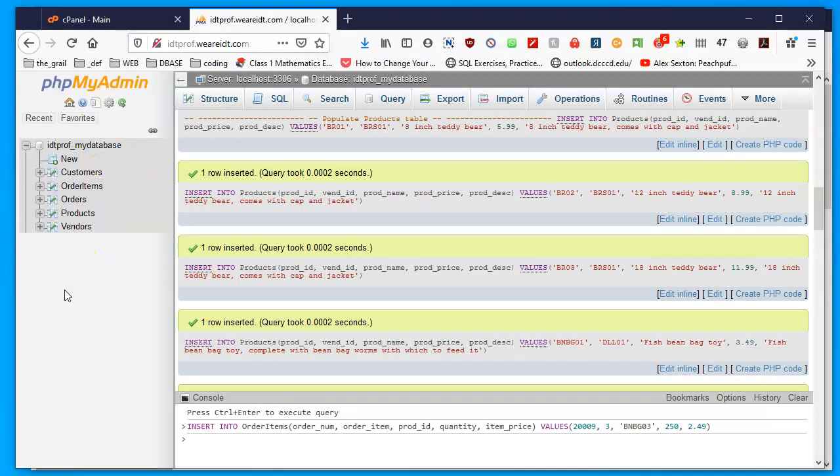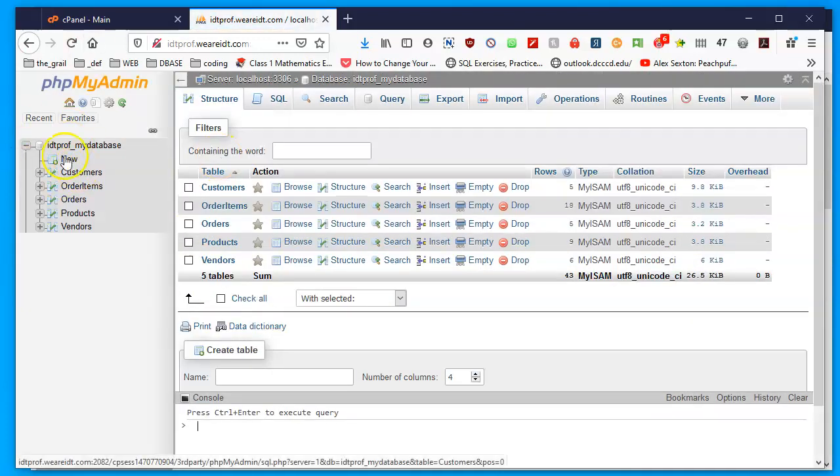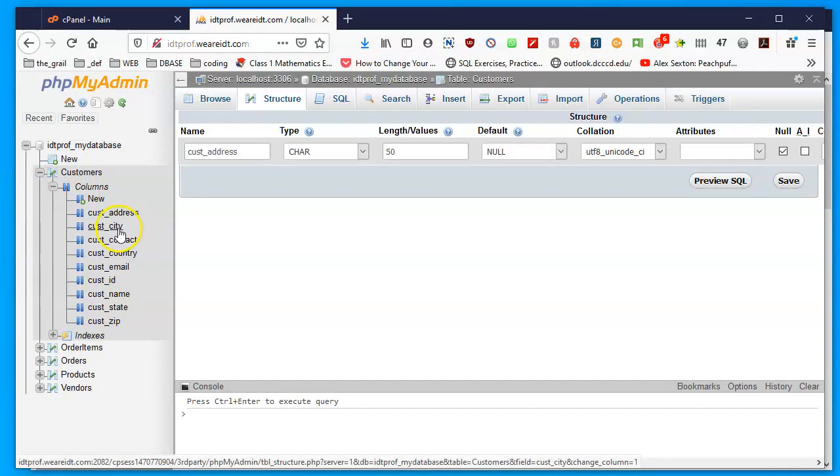If I click somewhere neutral like that blank space, I'm going to press Control R to reload the page. And then it tells me that my database has been populated with a customers table. The customer table has columns, and inside the columns there's addresses, there's cities, there's contact information, there's countries, etc. And we're going to be able to see by selecting and pulling all of this stuff from within, and work with it